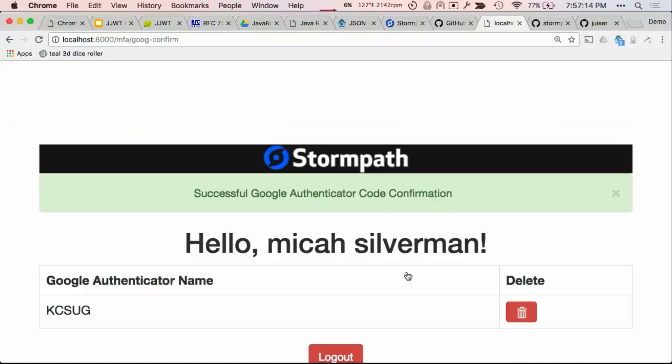So whether you're using Stormpath or some other provider, you might find yourself wanting to use an edge service, a gateway service like Zuul to push that responsibility out. And it really allows you to keep the focus of the app that you're building on the core business logic. The one shim that you're going to need in that app is just the logic to deal with this assertion. But that's very lightweight. That's a JWT parser as opposed to a whole authentication system built into the app itself.